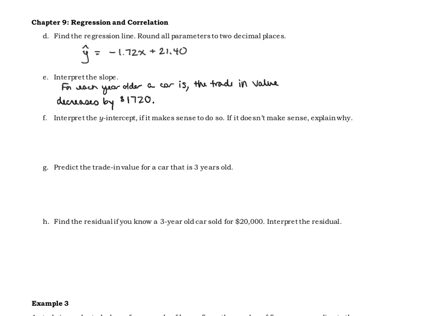All right, interpret the y-intercept if it makes sense to do so. So remember, the y-intercept is the point where x is 0, y is, in this case, 21.40. So what would it mean for x to be 0? Well, x is the age of the car. So essentially that means the car is brand new. Does it make sense to talk about the trade-in value or the price of a brand new car? Sure it does, okay? So what this would mean, if the car is brand new,